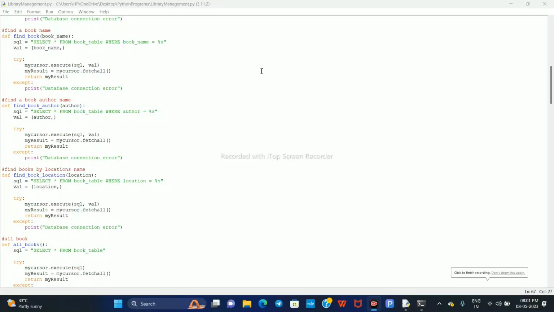So in the last session we went through the function named find book, where we were passing the input parameter as book name, and with that we were getting all the details associated with that particular book. Today we will perform the same operation, but we are just changing the parameter. Instead of book name, we will be passing the author name as an input parameter. So when you pass the author name, we will get all the details associated